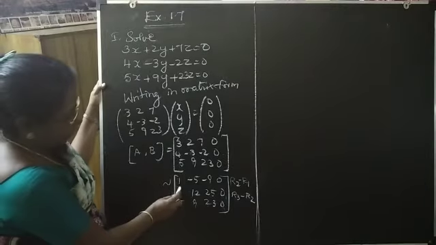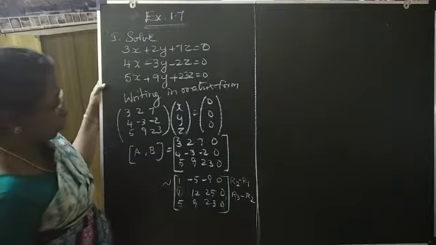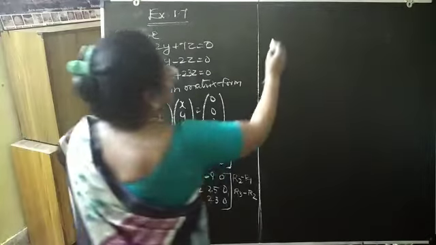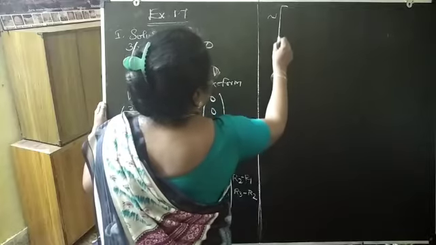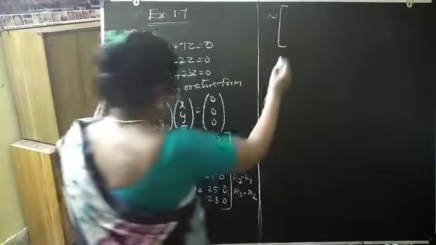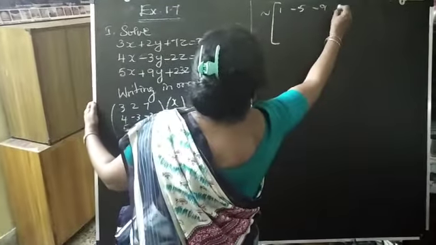So to make the first element of the second row 0, to write this matrix in echelon form, let us